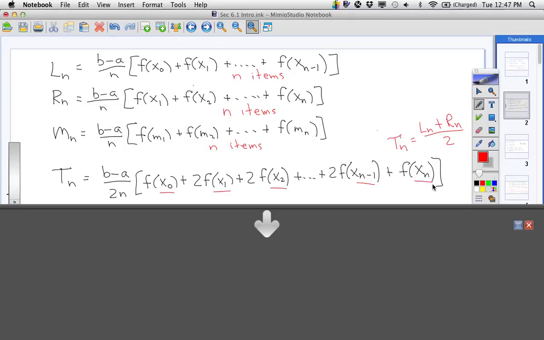So if we have a T6, for example, you're going to go all the way from X sub 0 to X sub 6. How many is that? Here, let's say we start here. X sub 0, X sub 1, X sub 2, X sub 3, X sub 4, X sub 5, and X sub 6. So if we have 6 trapezoids,